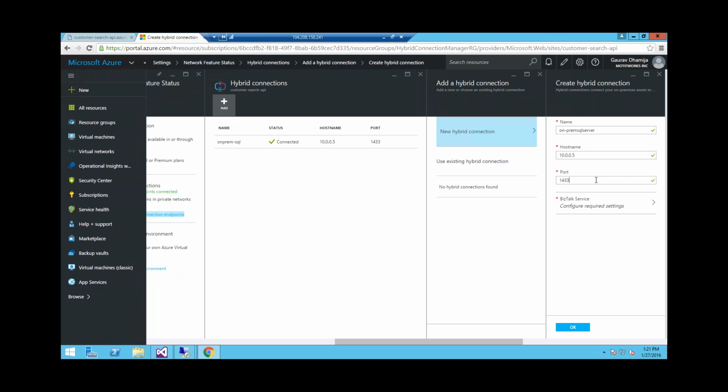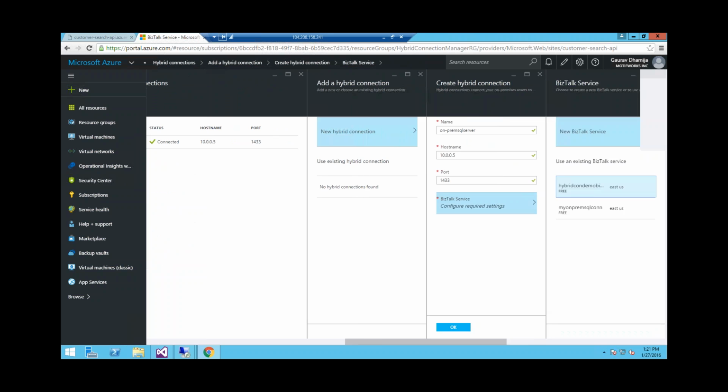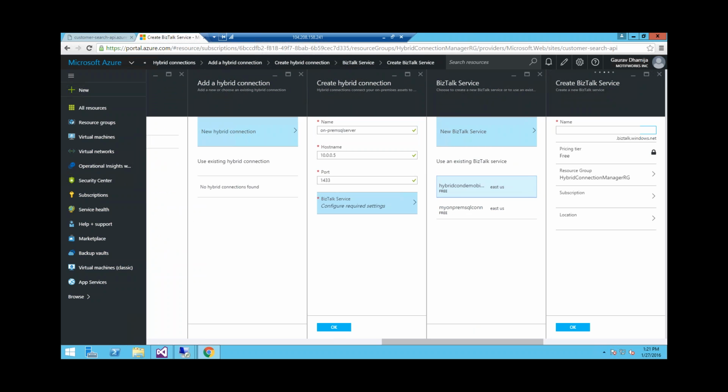and the port which I need to connect to. So Azure Hybrid Connection is part of Azure Relay Services. So you have to provision an instance of the relay service. If you haven't, then it gives you an option to create a new relay service right here itself. There is a free tier available which you can use to test hybrid connections. So it's a very simple setup.